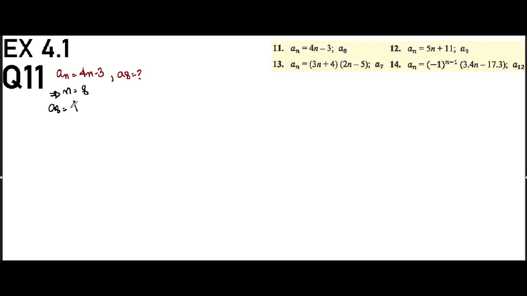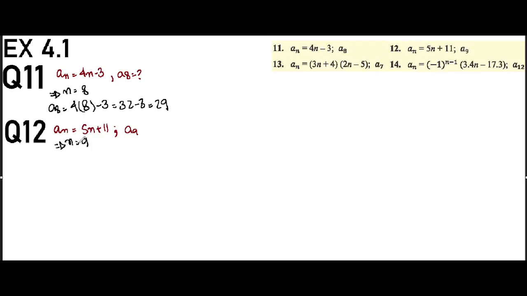a_8 equals 4 into 8 minus 3, which equals 4 8s are 32 minus 3, which equals 29. So the next question is a_n equals 5n plus 11, and we have to find a_9. So again n should be equal to 9 to find a_9, the ninth term of this sequence. So a_9 equals 5 into 9 plus 11, which equals 45 plus 11, which equals